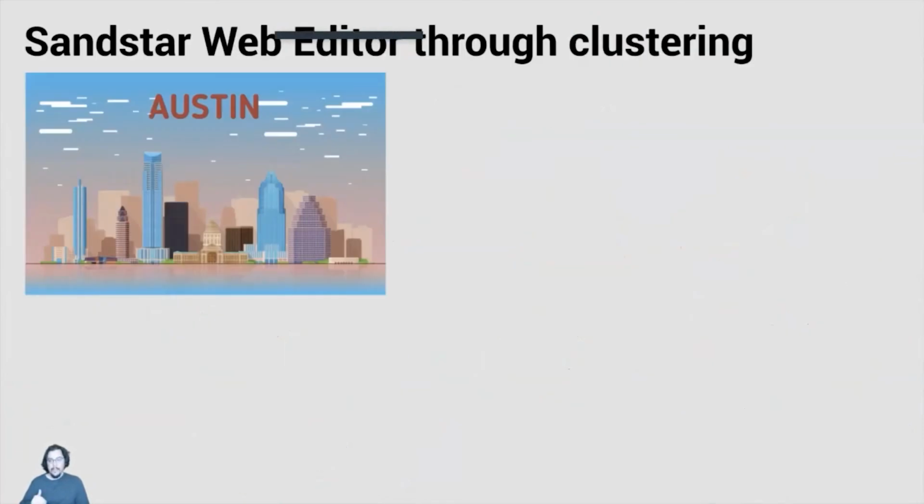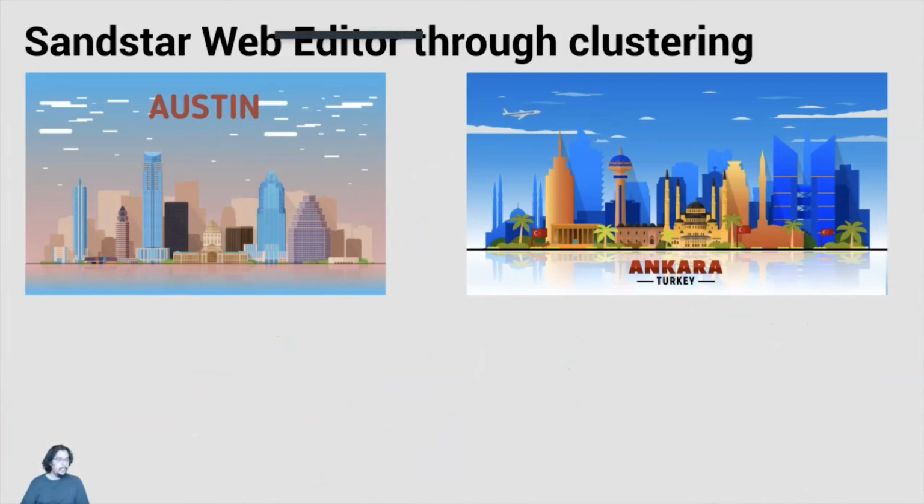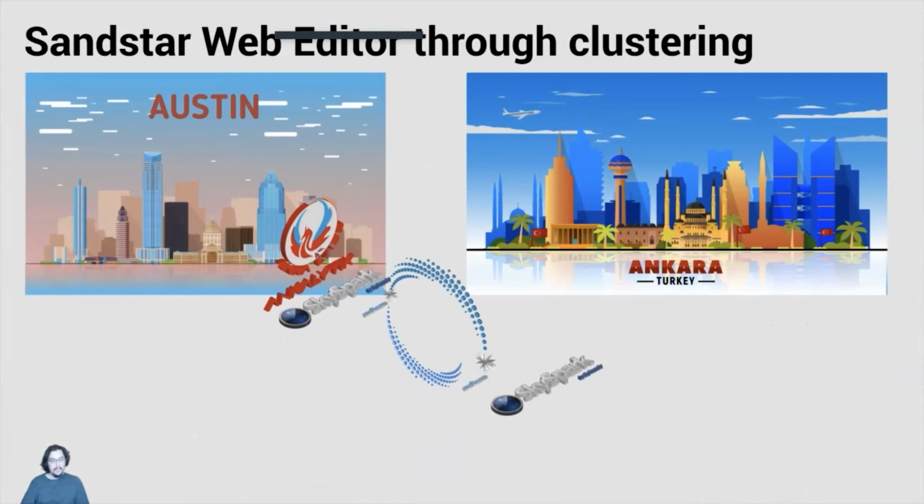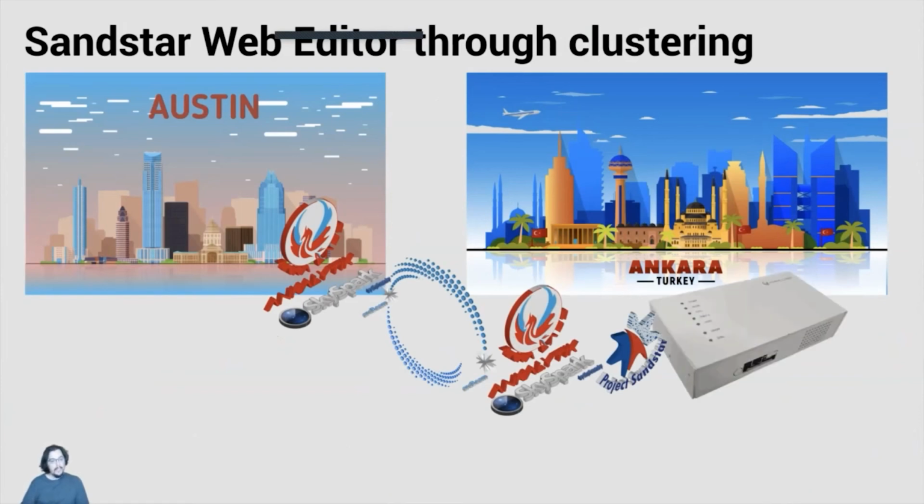So what we have is a project instance. If one is in Austin, the other one is all the way around the world in Turkey. We have Oncolytic installed, which is a Skyspark instance. That edge device is clustered northbound, so it's clustered actually to Austin. And once we have that communication, we have a device that is running Project SenStar, and it is an indoor air quality sensor. So we can program the LED lights on that application. You see some LED lights written here. We can actually program those through clustering.